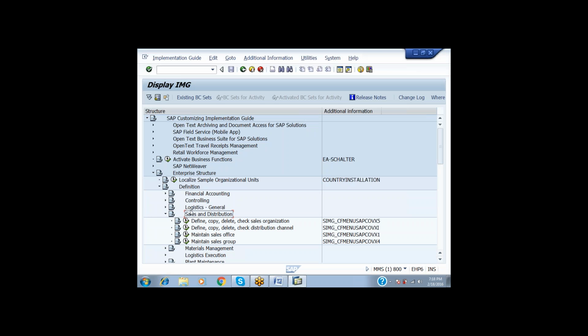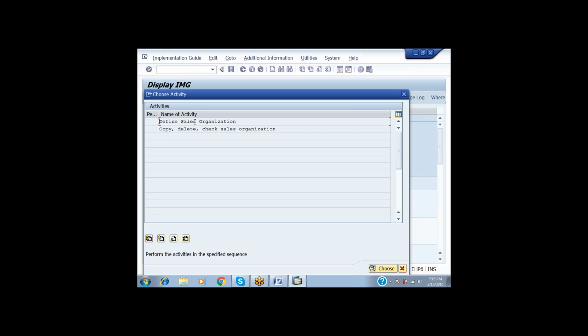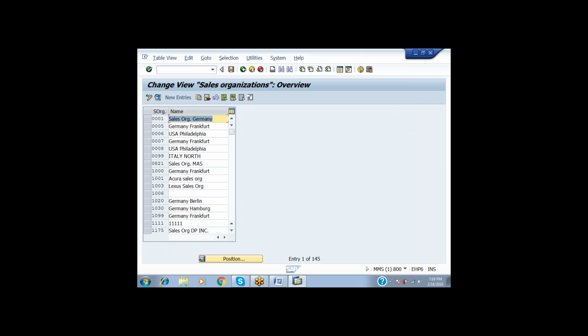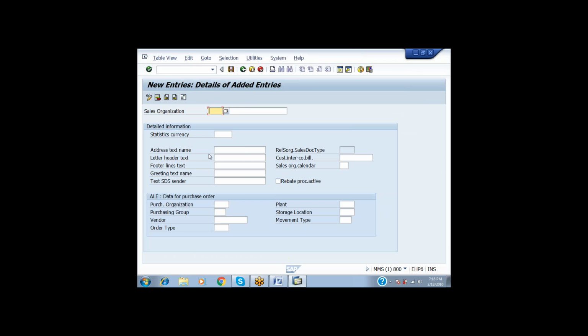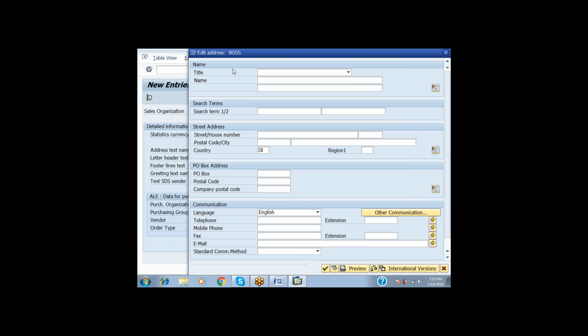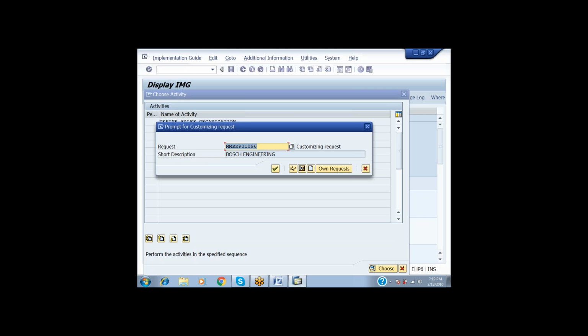Let's see here. From here, define sales organization, and then select new entries. BOSS, South Region Sales, and the currency INR. This is mandatory. Otherwise, and sale, where the location is.